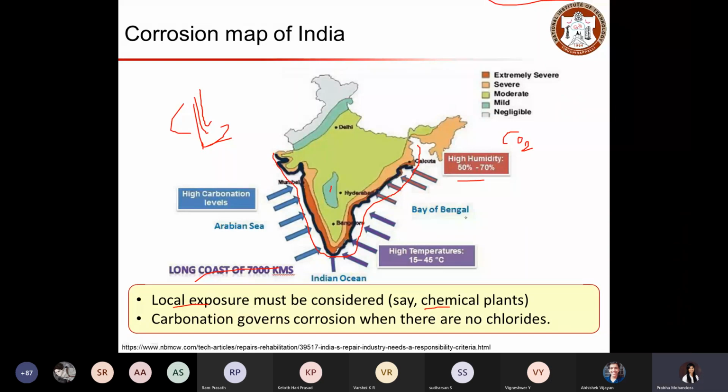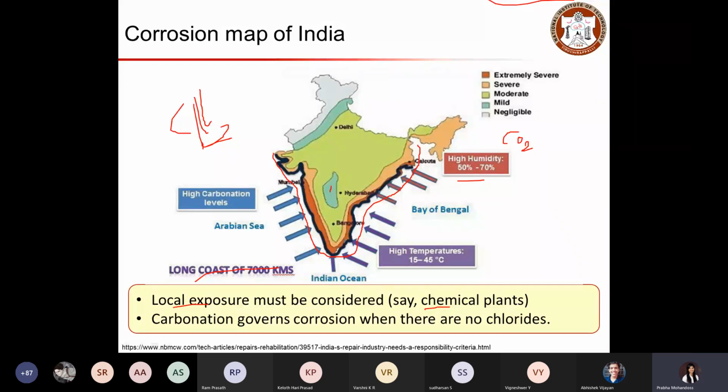So these things will lead to chloride induced corrosion when you have a marine environment and high humidity, and when you have high carbon dioxide content in the air, that may lead to carbonation induced corrosion.